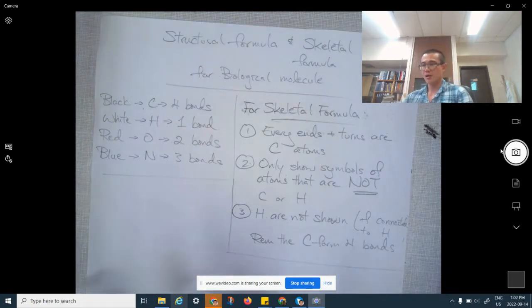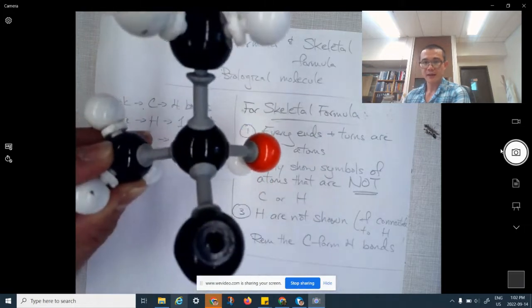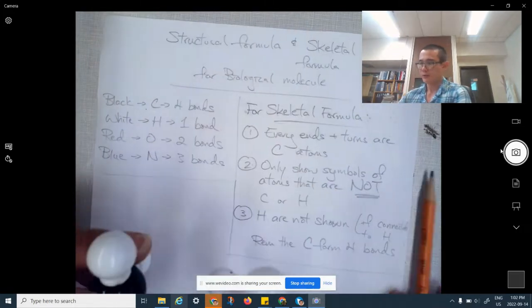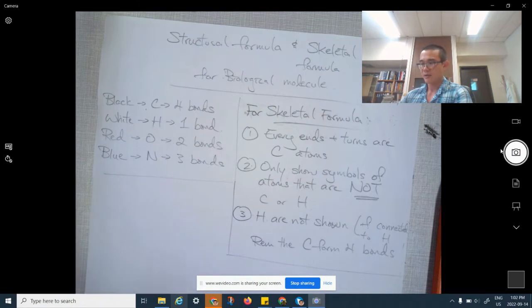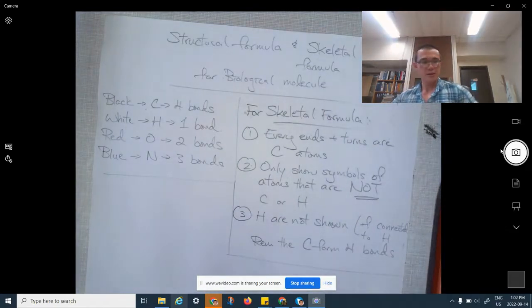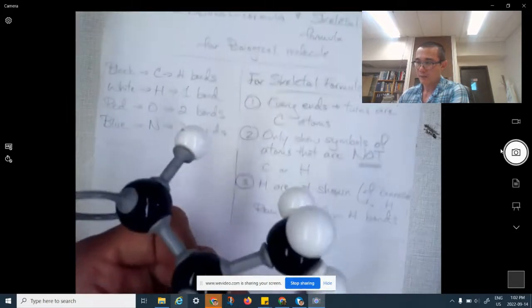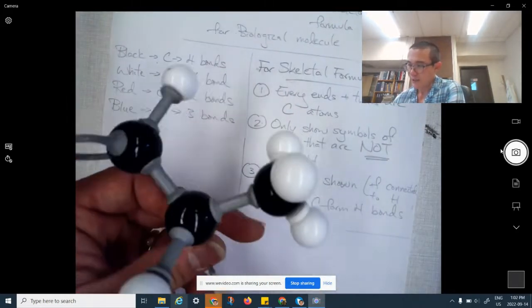So for example, here is a structure like this. Okay, so this is a biological molecule. In this case, there are a couple of things that you do to draw this structure. Now, a couple of things first. I'm just going to, so for example, this one. Okay, now you'll notice that it is